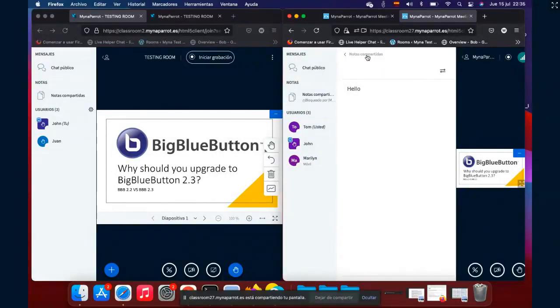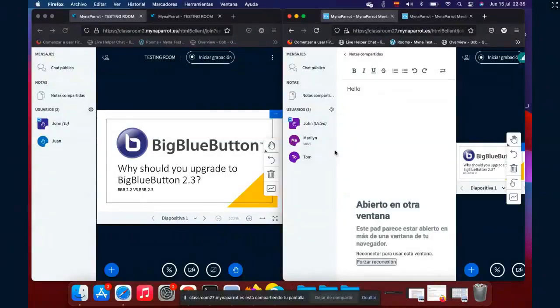I understand why now. I cannot type in it because I locked the user to the shared notes, so I have to unlock. Okay, now it's fine. Now it's good. No, it still looks like it's locked, or it's a connection issue.